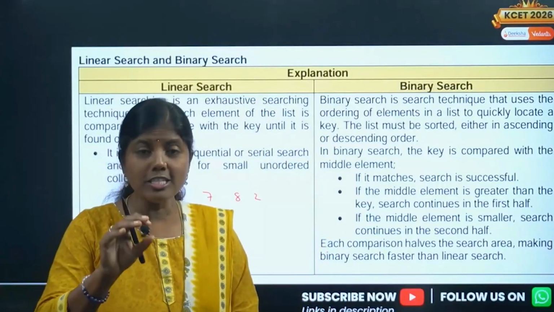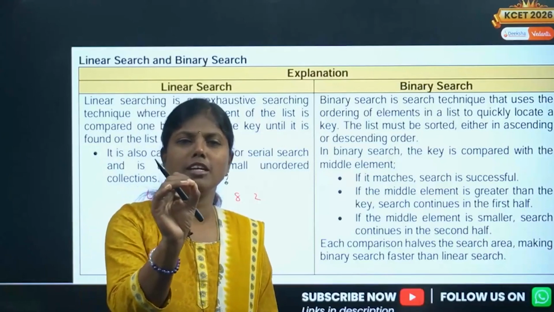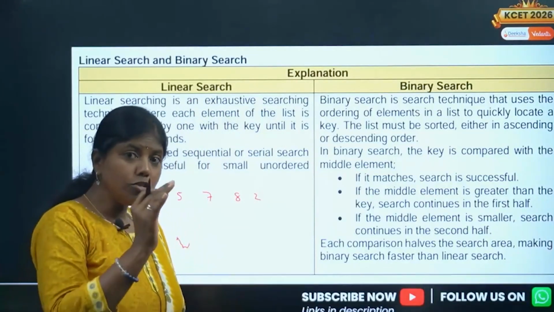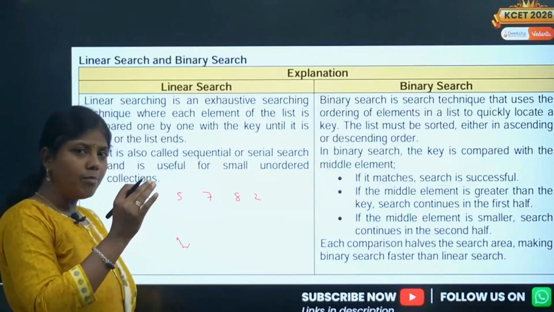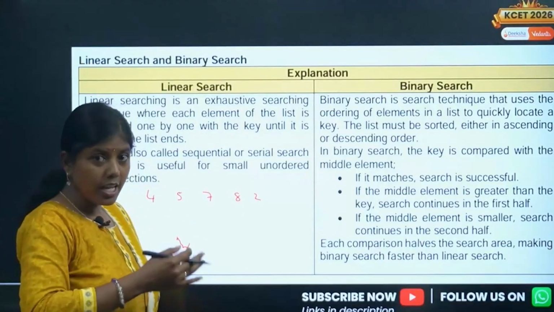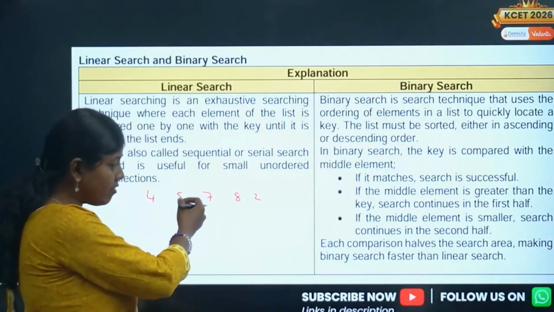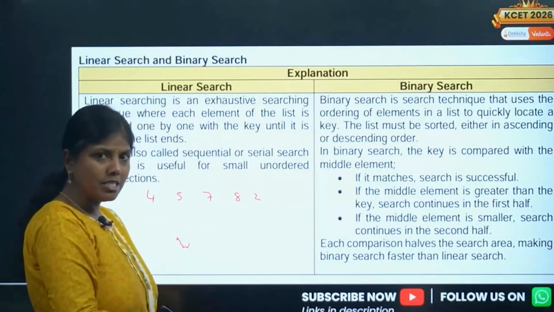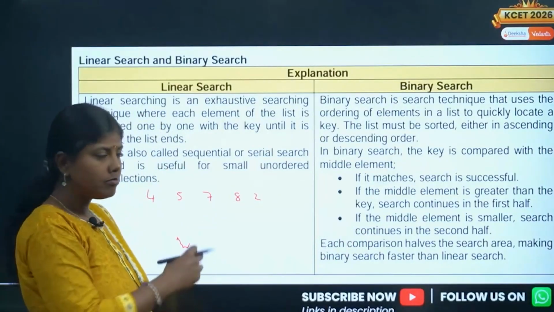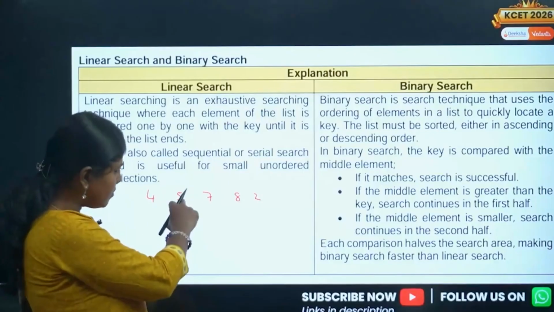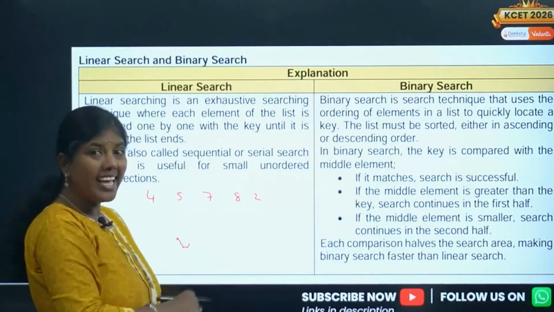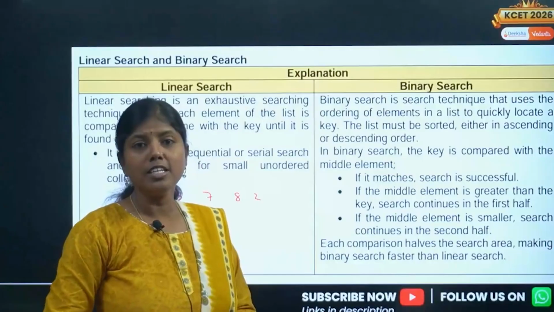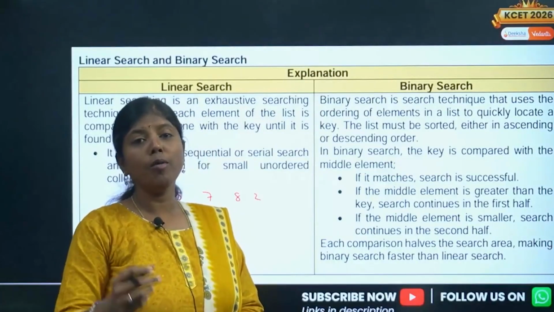What is linear search? A linear search is the simplest searching technique among all the searching techniques. Here, we traverse each and every element one after the other and keep comparing the elements. How did we do it? Is 4 equal to 8? Is 5 equal to 8? Is 7 equal to 8? 8 is equal to 8. Yes, the element is found. That's what you did. So that is what a linear search is all about.